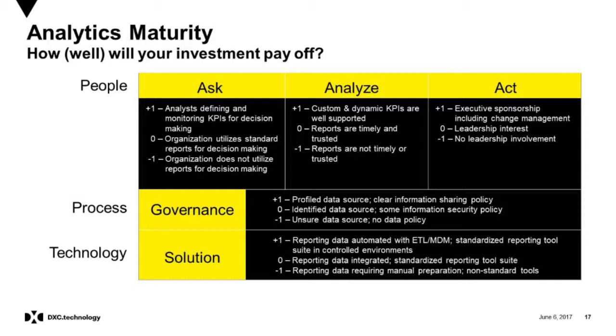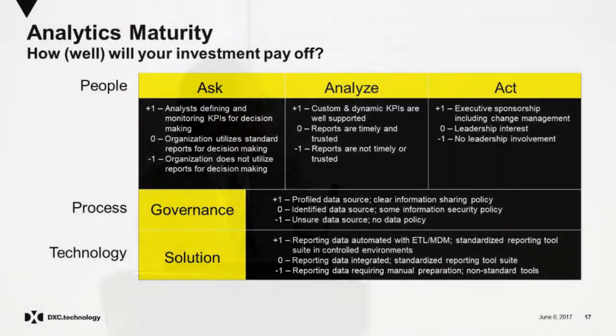So then from this maturity assessment framework, you get a range of -5 to 5. What's a +5 organization? That's an organization where a team of analysts can actually monitor your business and define your metrics for you as your business changes. Your data team can quickly respond to that new report demand, and the data team also has easy access to well-known data, and you know exactly what to do with both the incoming data as well as the results.